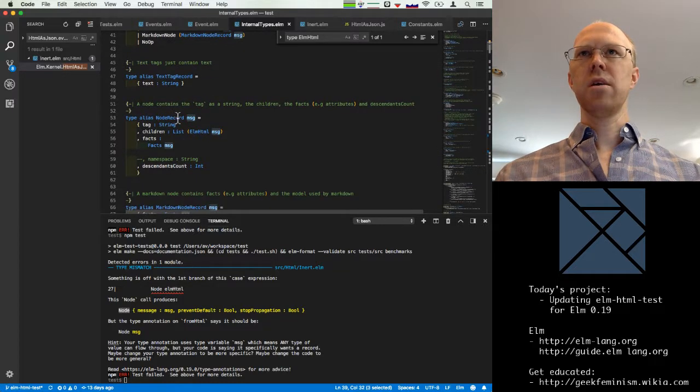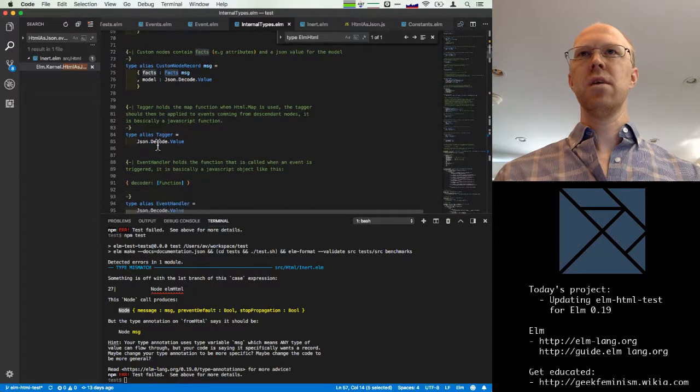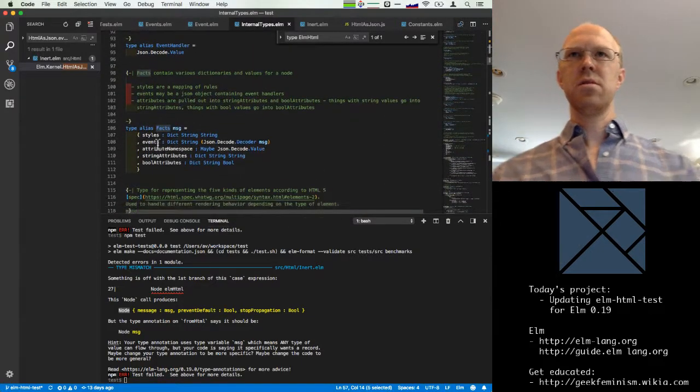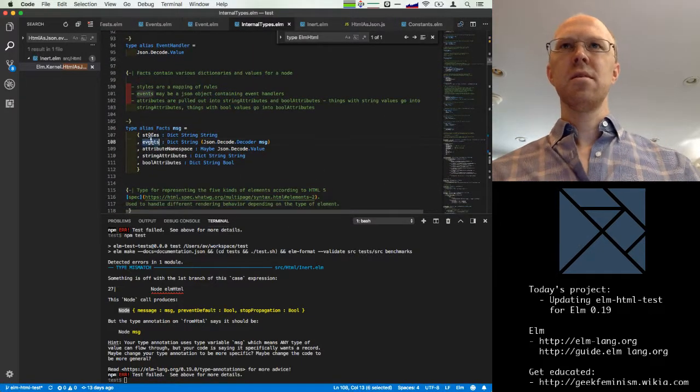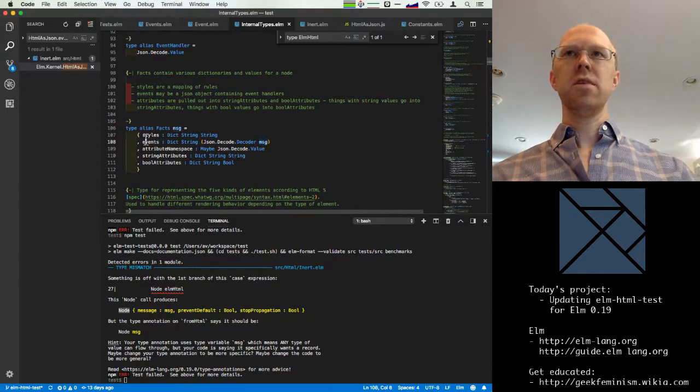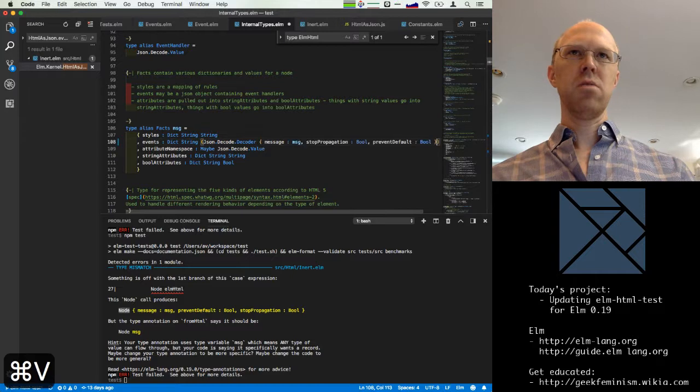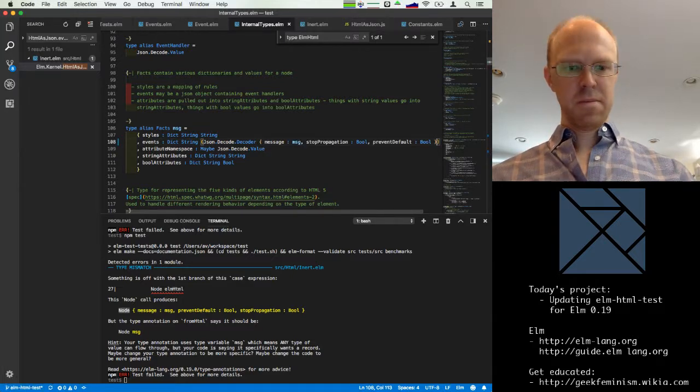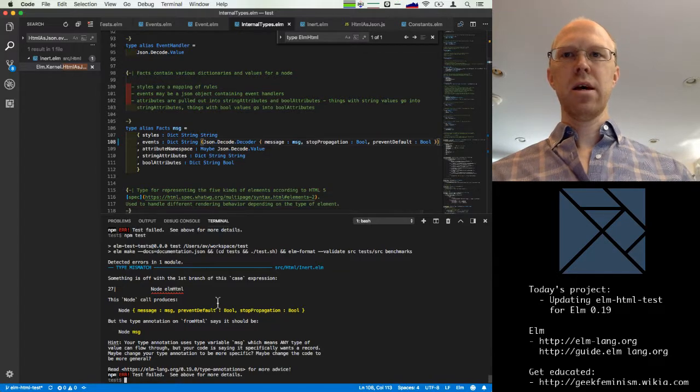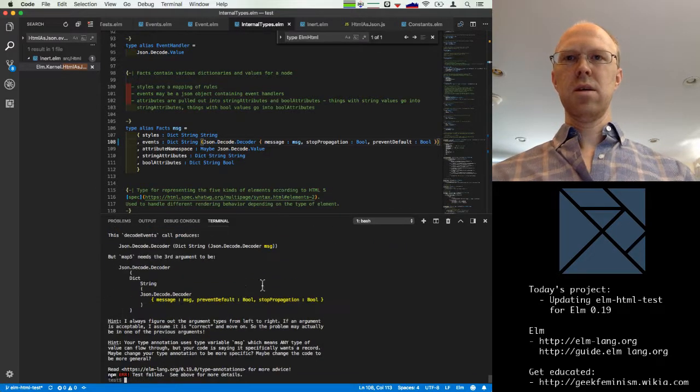Let's see, so node records has that, facts contains this. Okay, so facts is ultimately the source of messages. Events, great. Okay, so these are the events, and events now will always decode all this stuff. Okay, that's making sense to me.